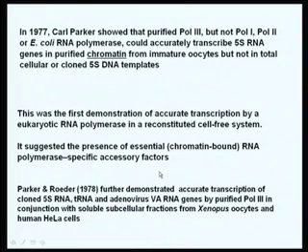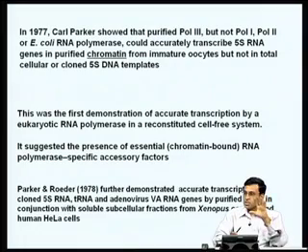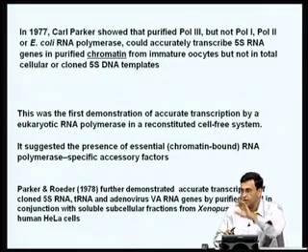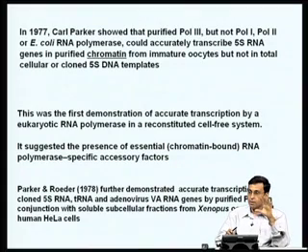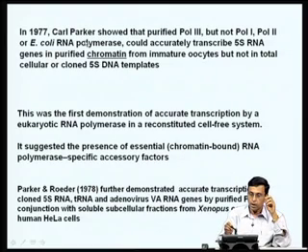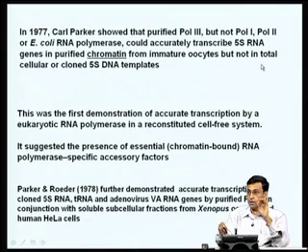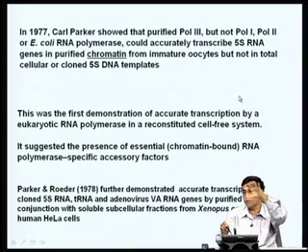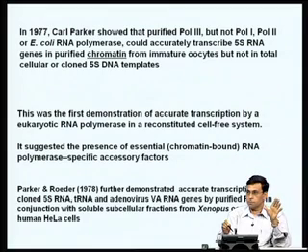II. Now, in the late 70s, people started doing experiments not only in cell-free systems containing DNA templates, but also using chromatin templates. Such studies, for example by Carl Parker's group, showed that RNA polymerase III can transcribe the 5S RNA genes in purified chromatin from immature oocytes, but not in total cellular or cloned 5S DNA templates. That means RNA polymerase III can transcribe 5S RNA only in a chromatin-based template, but not in a DNA template devoid of chromatin, just plain naked DNA